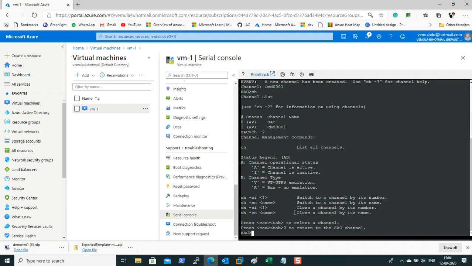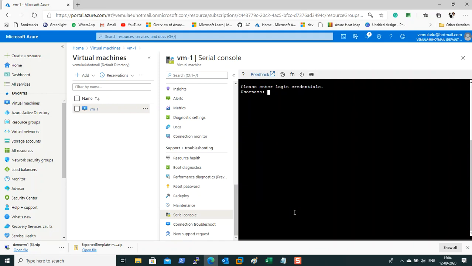So ch -si and then the number of the channel. The cmd0001 channel number is 1. I put 1 and then press enter. You need to press enter twice, and then it asks for a username and password.